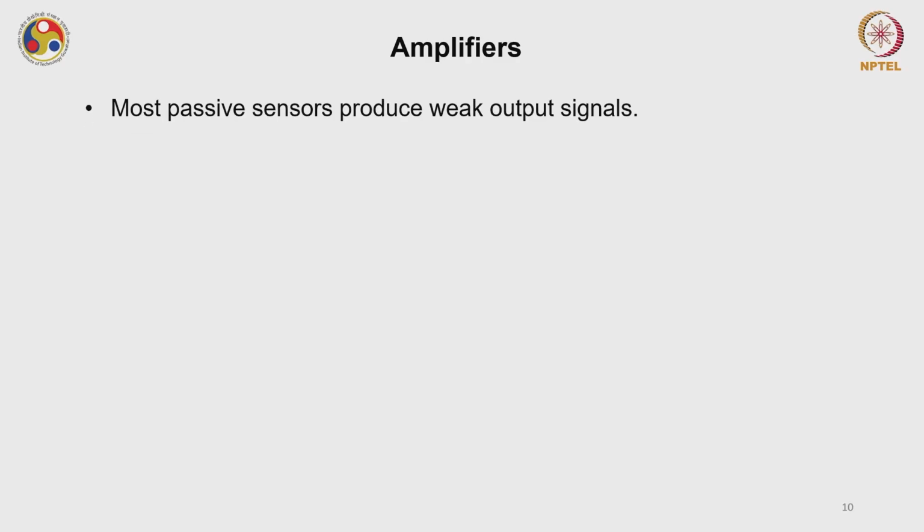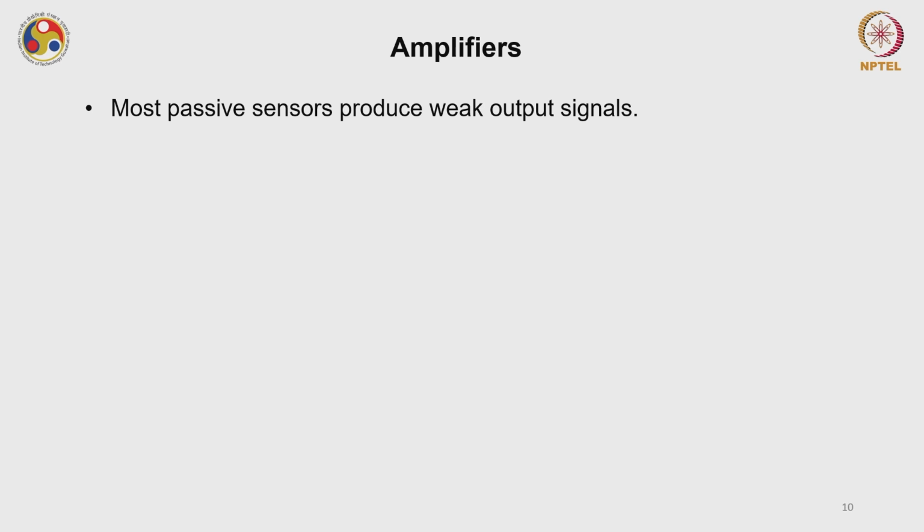As I have mentioned earlier, most of the sensors, particularly the passive sensors, generate a very low level of current because you do not have any external bias to the sensor. So you cannot expect in situ amplification. Mostly the passive sensors generate very weak signals,